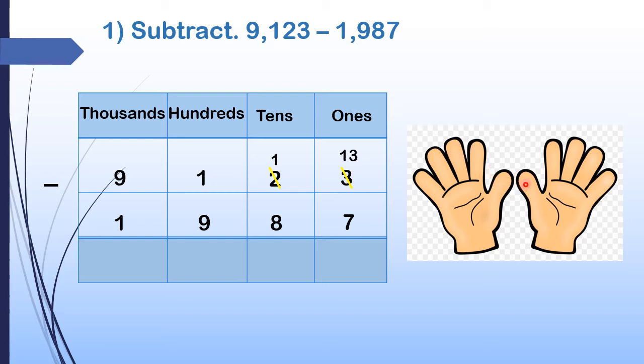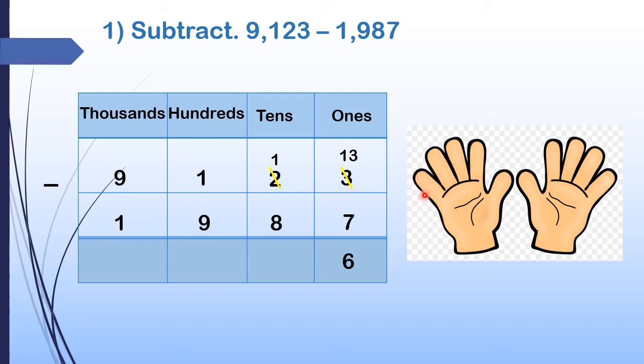So here we got the bigger number 13, isn't it? So how many fingers have we used? 1, 2, 3, 4, 5, 6. Yes. So 6 fingers. So the answer is 6.